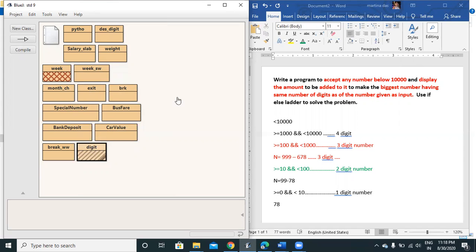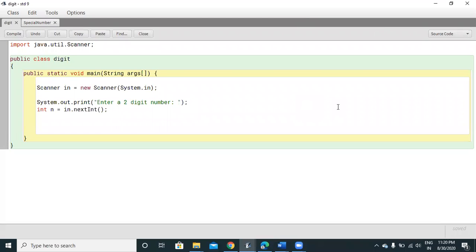Now when I open it, my editor window will open. Now you can see this is my editor window. Here I have already written the statement for accepting a number. You know how to use the Scanner class and the statements that are required. So I just mention here, enter a number, so the user can give any number.